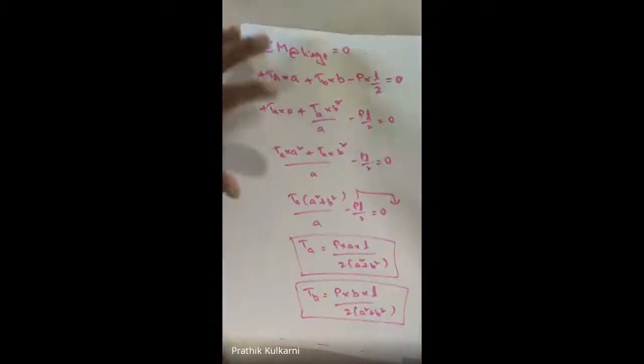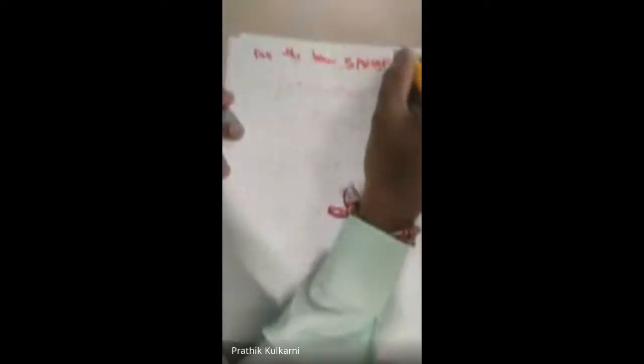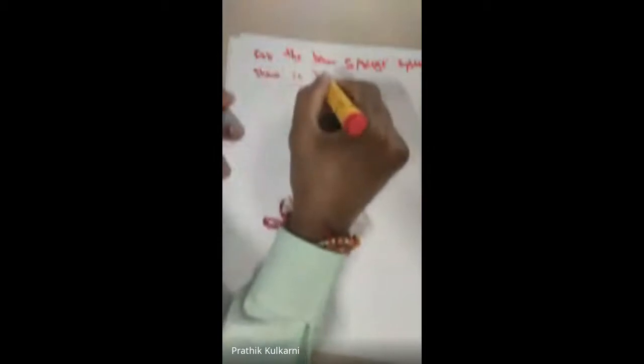Fine, so let us go with our next problem. In the next problem we have a few springs, and that problem also, why? Because in the exam, you do not know who will ask from where and how. So for the beam spring system shown in the figure below,